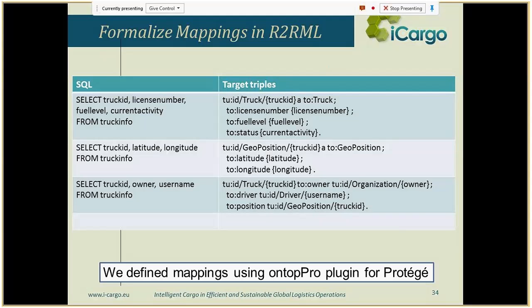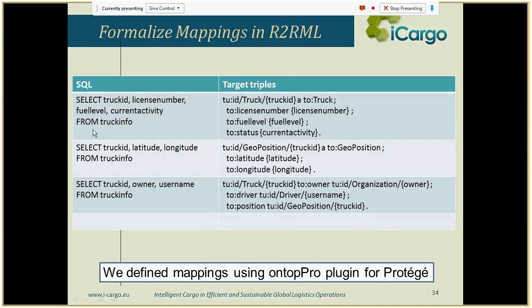After you've made this, you have to formalize it in R2RML or something similar. In this case, we used something similar. We used a tool that makes an implementation that's very similar to R2RML and can actually export to R2RML if you like. It's called OnTop Pro. It's a plugin for Protege. Protege is an environment in which you can edit ontologies, and with this plugin you can specify in this tool